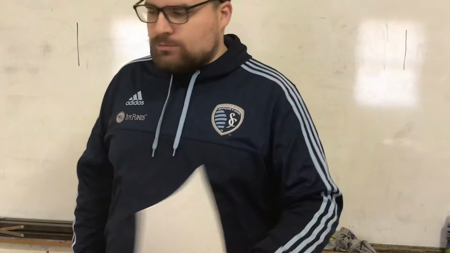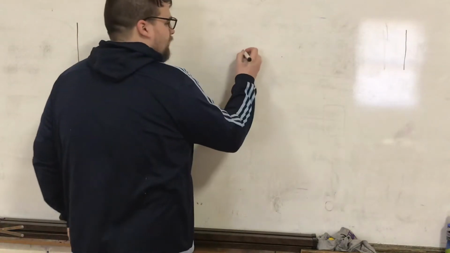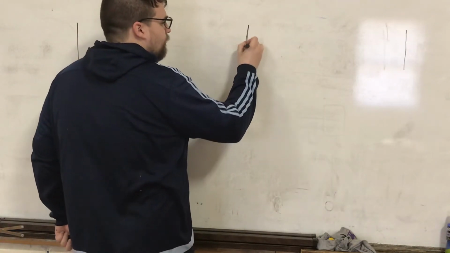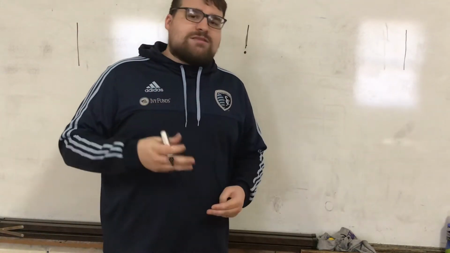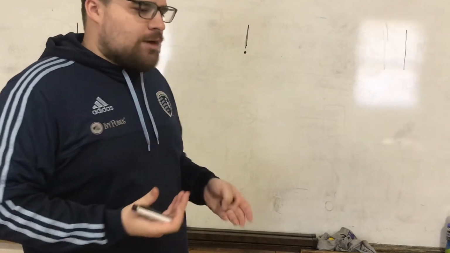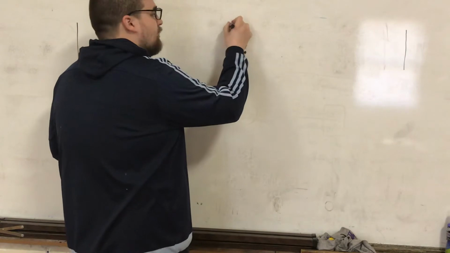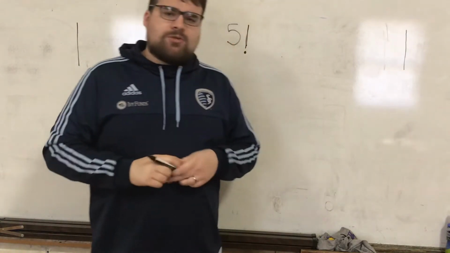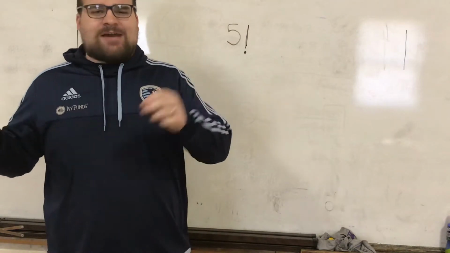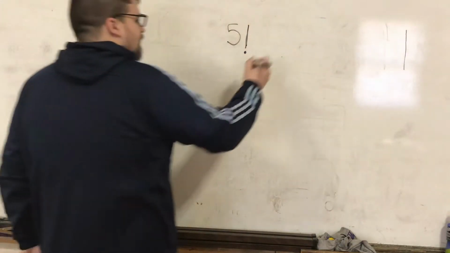A factorial looks like something you've probably seen your entire life. A factorial looks just like this. An exclamation point. If you've ever seen this right after a number, then it is called, whatever number that is, let's say 5 factorial. The question is, what is a factorial? What does it mean? What does it do? Well, a factorial